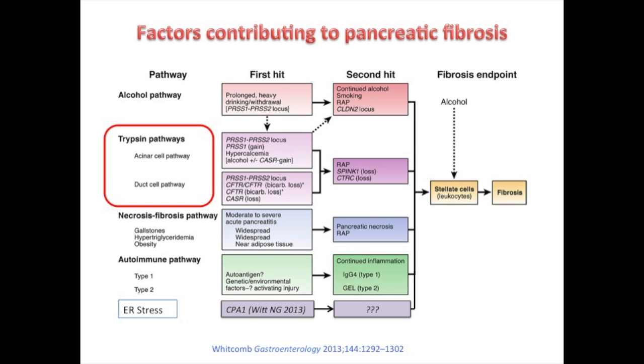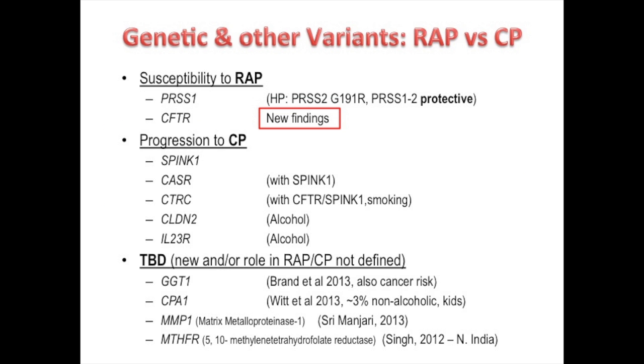And so what we had been taught in school way back in the early days, which is like in the 80s, is that chronic pancreatitis develops first in alcoholics, and acute pancreatitis is complications. And yet hereditary pancreatitis suggested that that was wrong. It's just the opposite. And it also suggested a two-hit model, which I called the sentinel acute pancreatitis event, because